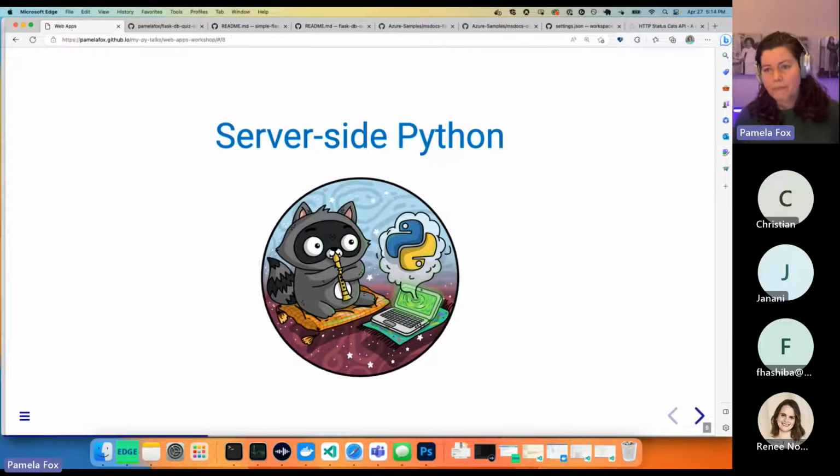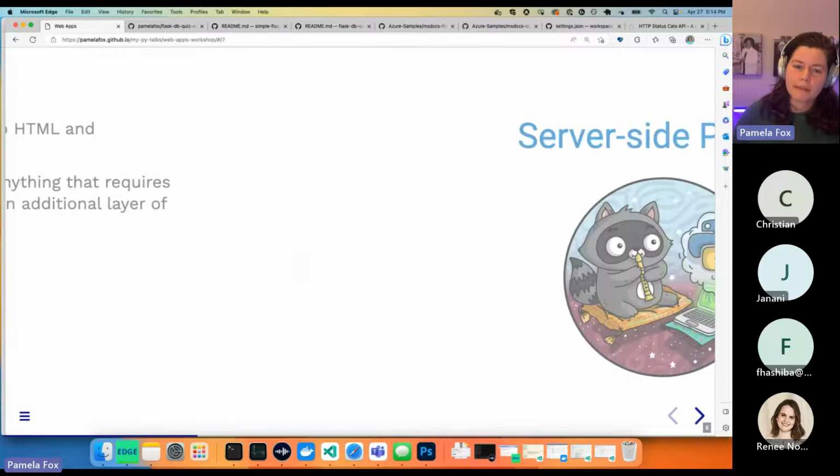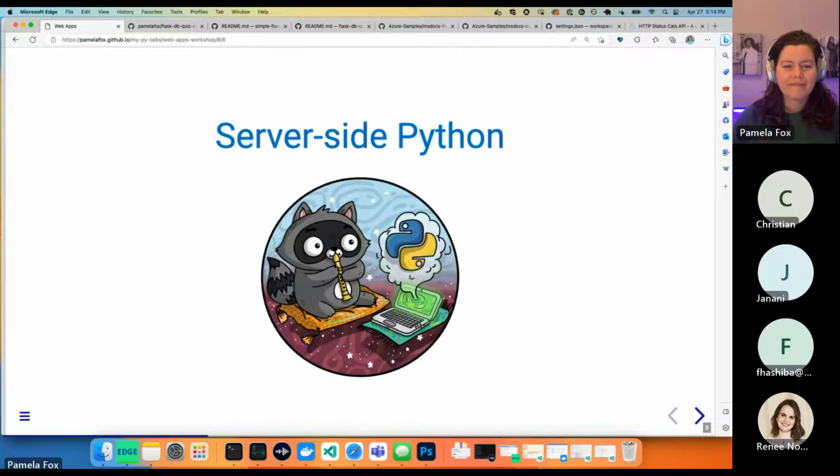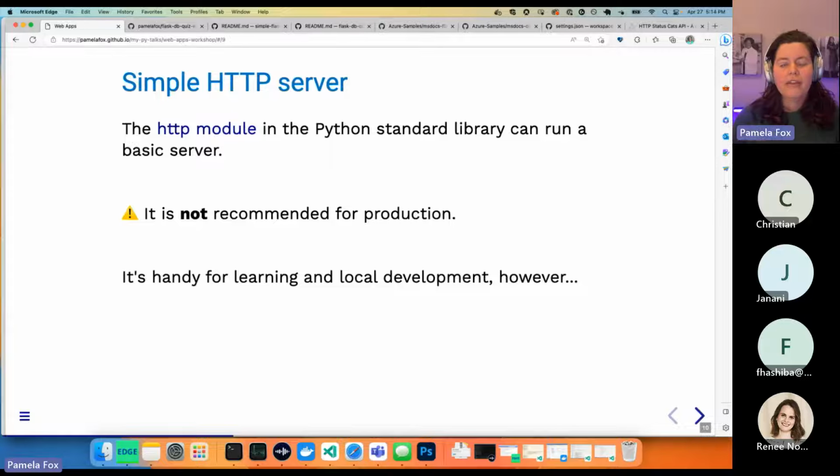Okay, so how do we do server-side Python? If at any point you do have questions, please do post them in the chat. I am going to go kind of quick through this because we have such limited time, but I am also happy to answer questions. So how do you write a server in Python?